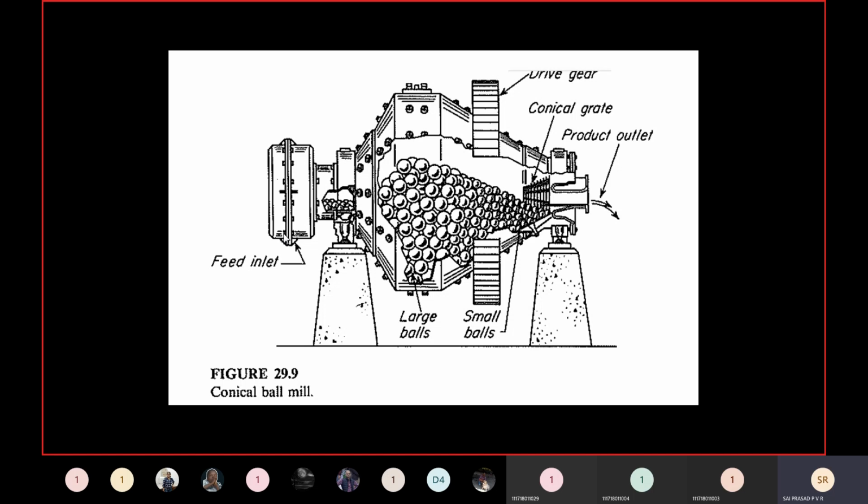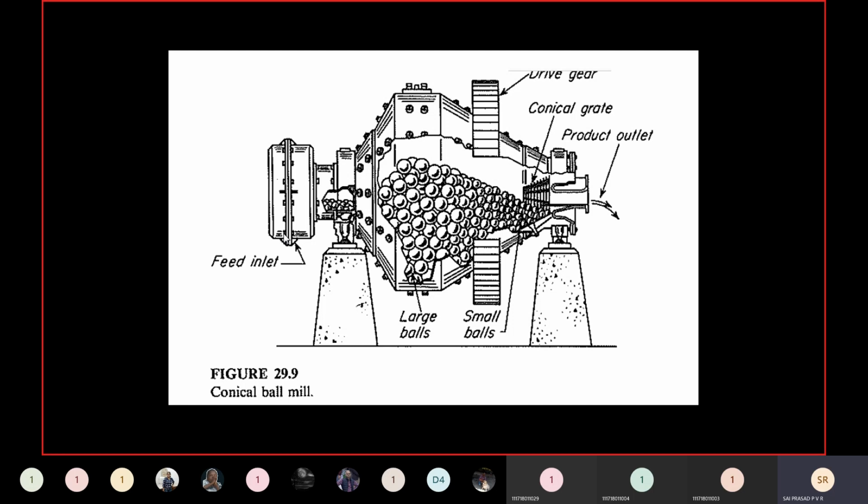So here, what is the principle, sir? The grinding medium rises to a particular height, and from there it is supposed to fall. So we are supposed to increase the speed up to that point. Suppose you increase the speed of the ball mill, then what will happen? Even the grinding medium will not fall from the top, and simply all the particles will be rotating. This is called centrifuging, which is a very bad thing.